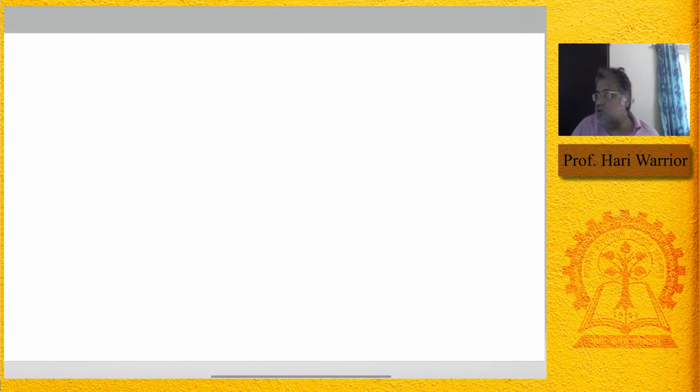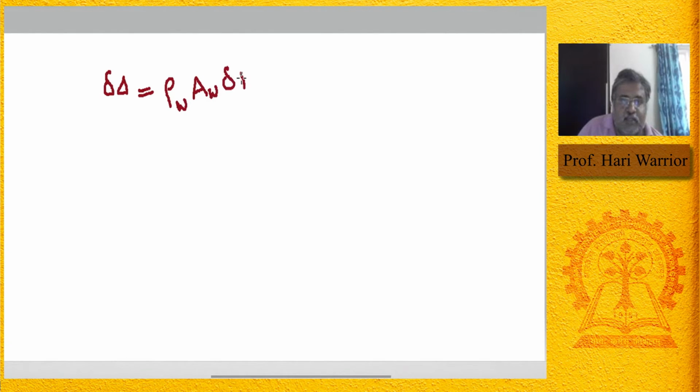Now, we know that when a body is floating in water, and if we add a small weight to it, let's say its weight will increase by this much. Delta is the weight of the ship. I added some weight to it, and let's assume that the weight increased by so much, which is basically the weight of the thing added. So basically the weight of the ship increased by so much. This will be equal to the weight of the additional fluid of water displaced, which will be given by rho of water, area of water into delta T